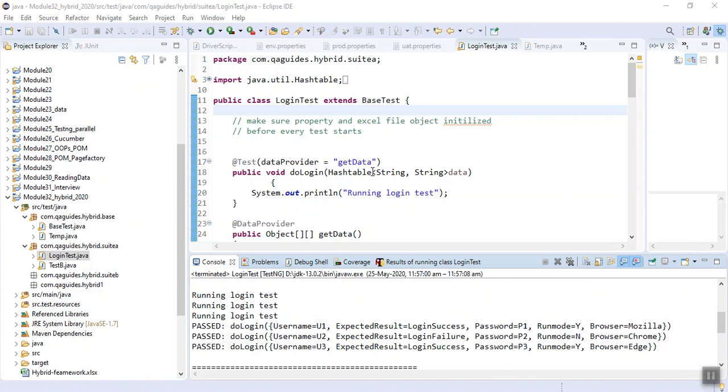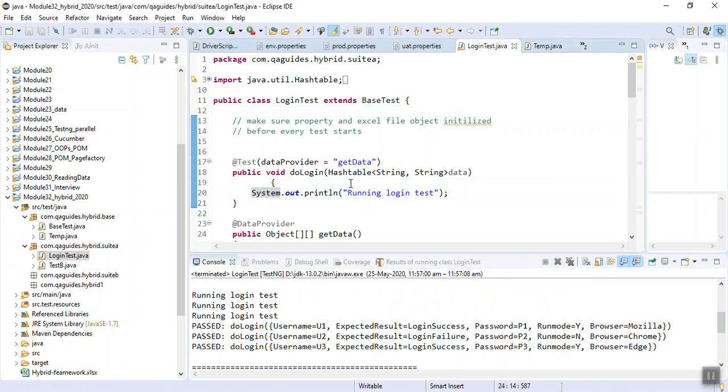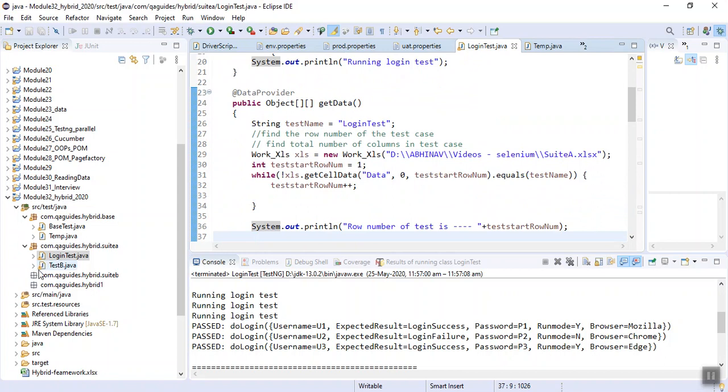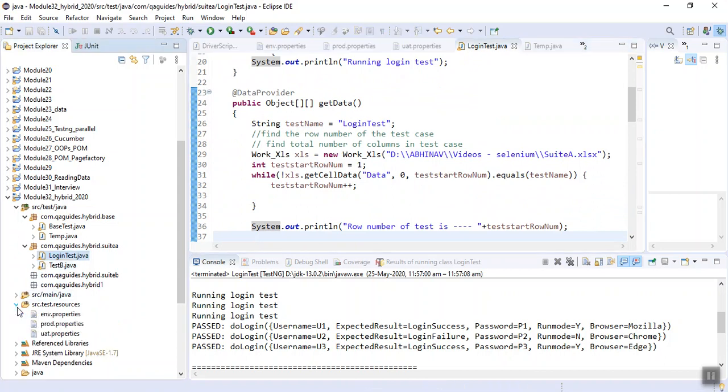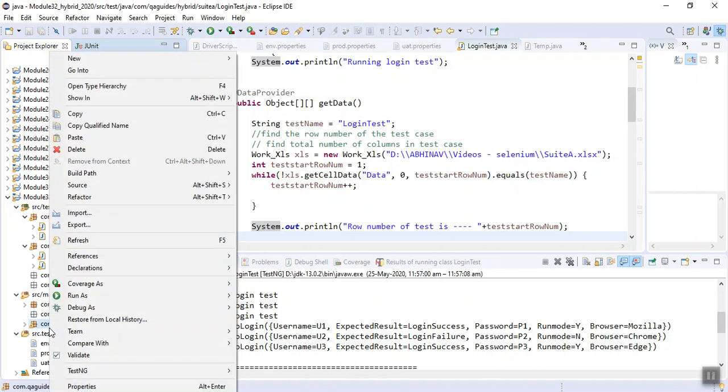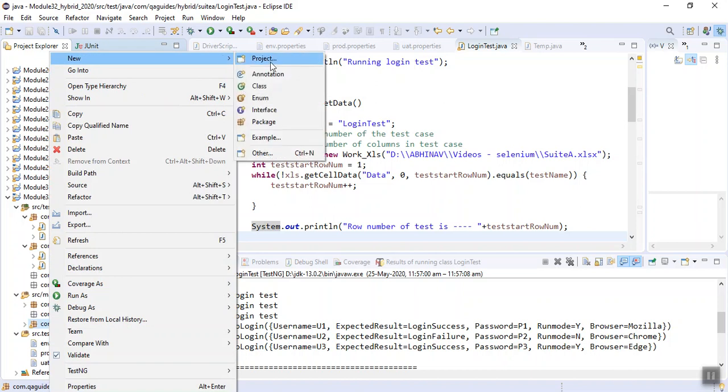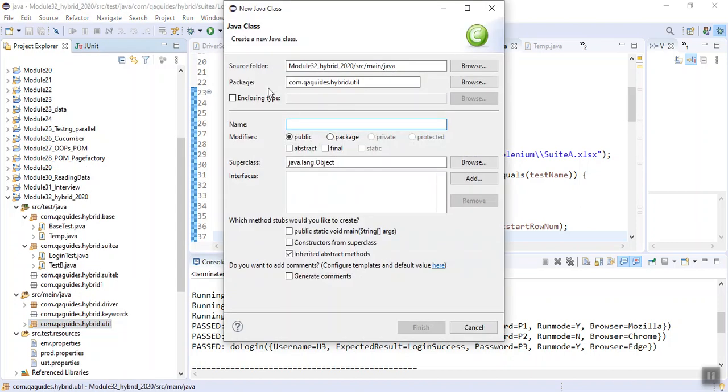See, I am not going to write this logic everywhere. So what I will do, I will go to my resources. Just wait. Here in my main Java, I will create a new class with the name Java util, or let's make it as data util.